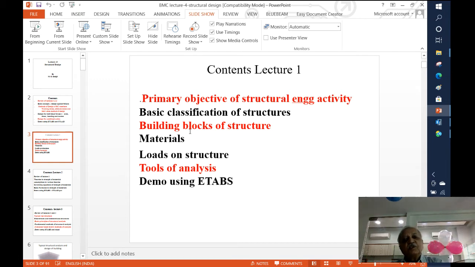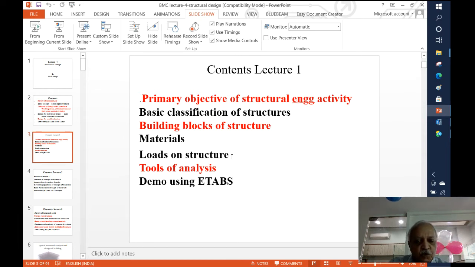Then we have seen that we need to use different materials for different applications. Like in reinforced concrete, we have the concrete as such, then we have the reinforcement. While for steel structure, we have other options, direct use of the structural sections, or other materials are also being used, like aluminium or glass and so on. Then we have seen that we have to apply loads on the structure which are due to various causes, that they are due to gravity load, self weight, the live load, the wind, the earthquake, and so on.